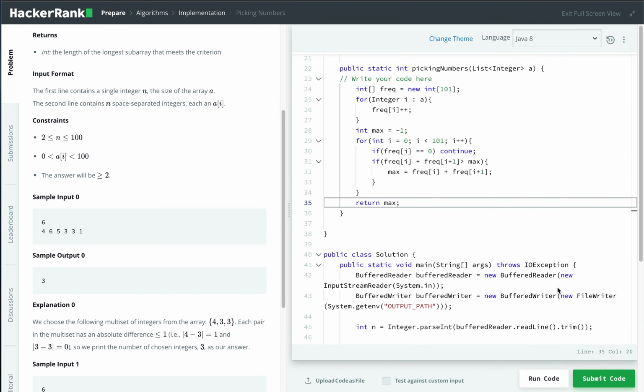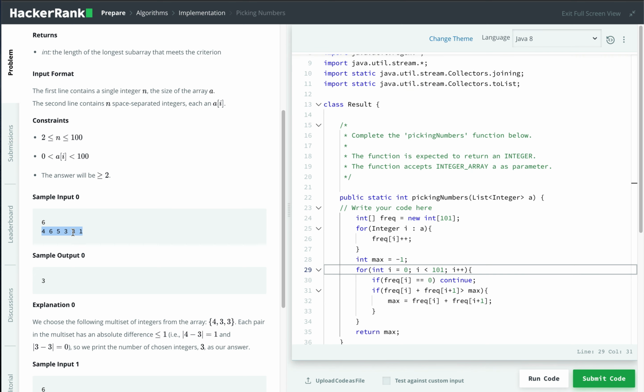Yes, it passed. But with this solution, it means that you have to do 101 iterations. In my opinion, that is unnecessary. I think we need to find a better solution so that we don't have to iterate 100 times, and I will make another video for that. But this is the basic idea, and I hope you can understand this.